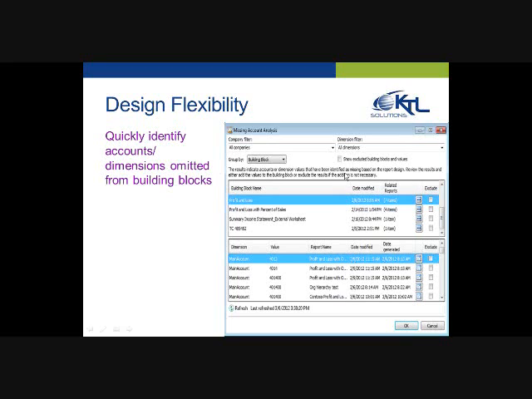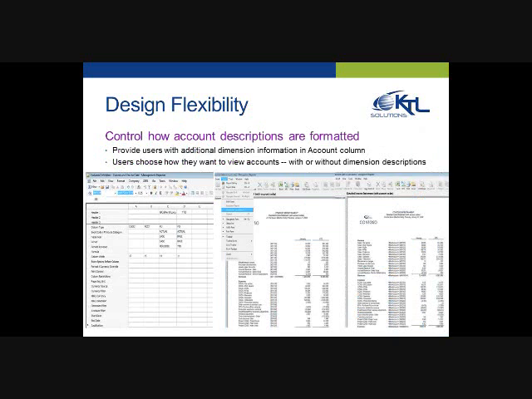Next, in design flexibility, you're going to control how account descriptions are formatted. A lot of my clients who use Management Reporter, and you'll see it's kind of small, but if you look all the way on the report on the right, anybody who uses Management Reporter right now, when they pull in that account on their report,